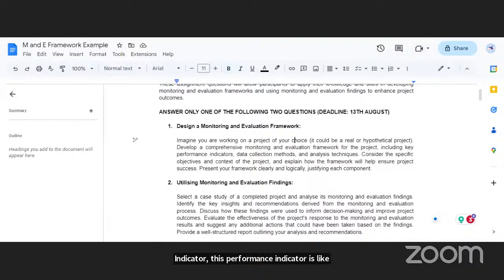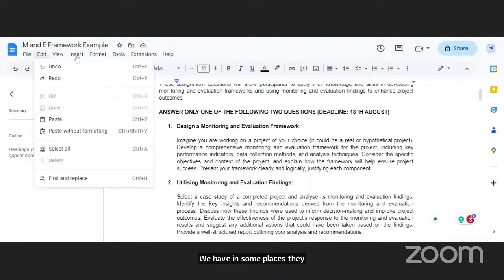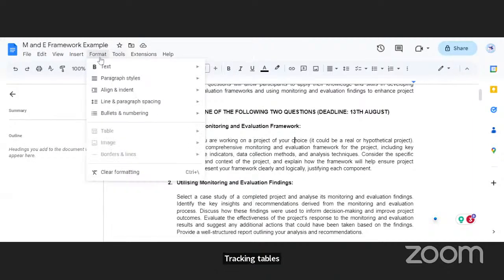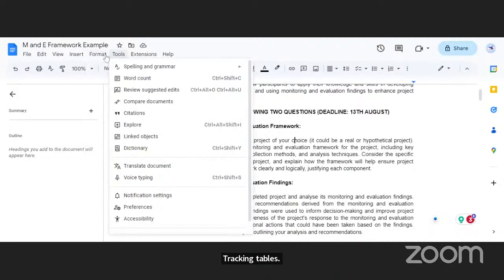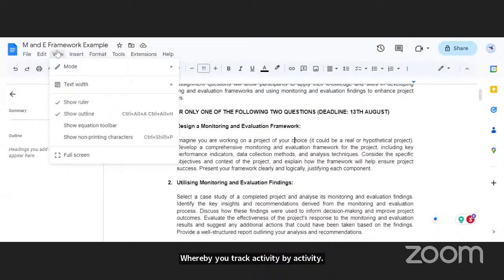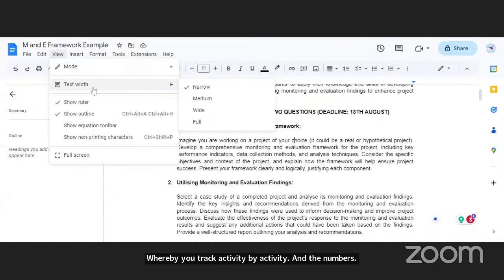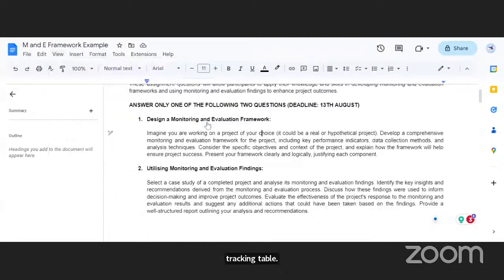In some places they call it activity tracking tables, whereby you track activity by activity and the numbers of people that you have reached. That's the activity tracking table or indicator performance tracking table. Then we also have the logical framework.